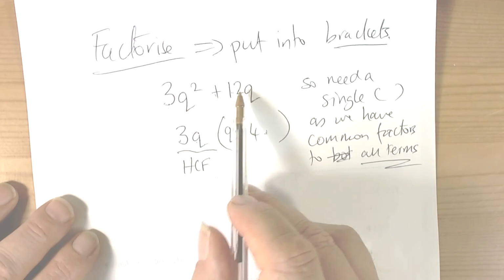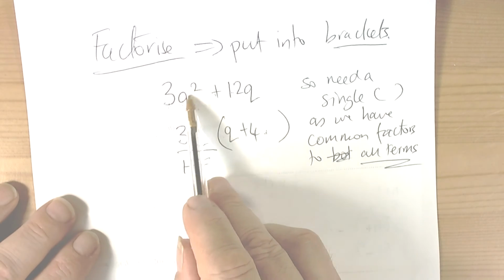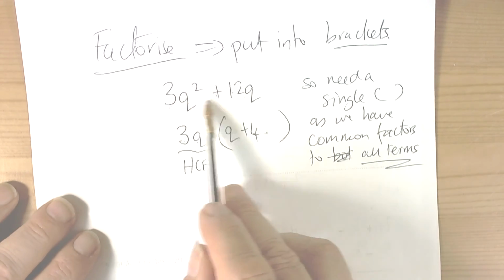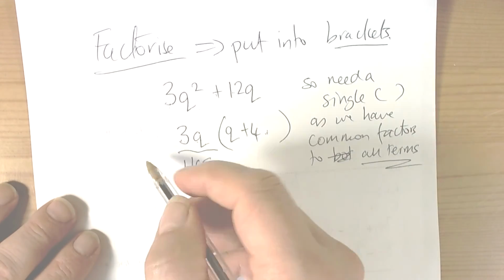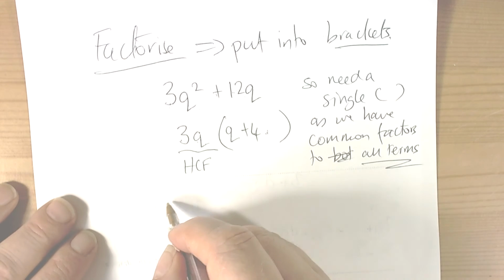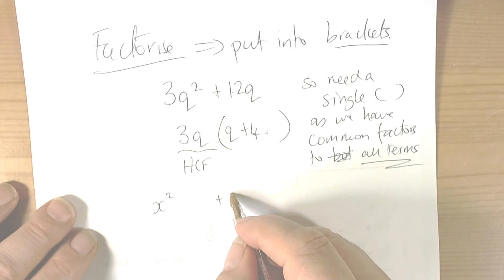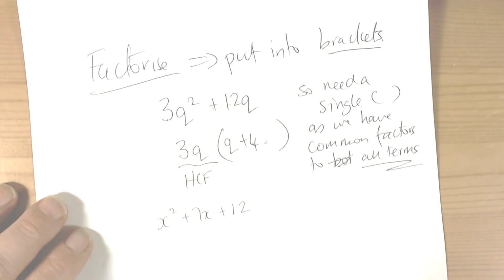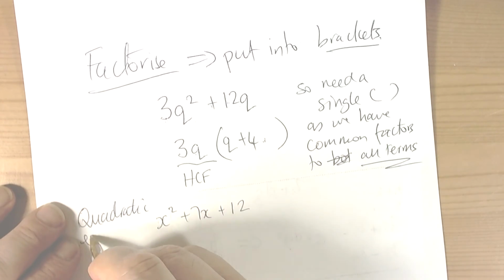Now what we notice is that this expression has q to the power 2. This makes it a quadratic expression. It has highest power 2 involved within the letter terms. So this is a quadratic. Now other quadratics, for example, if we had x squared plus 7x plus 12 on the end, so other quadratics like these, so again this is a quadratic expression,